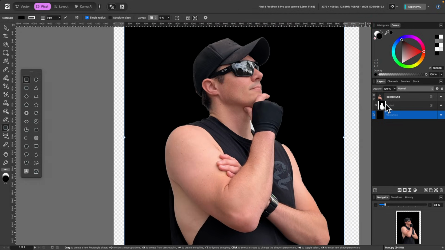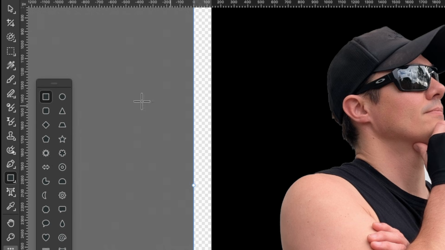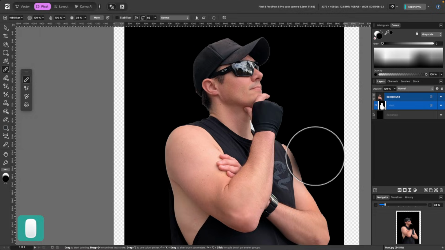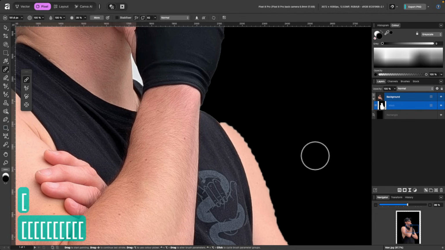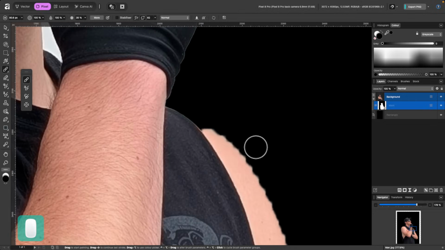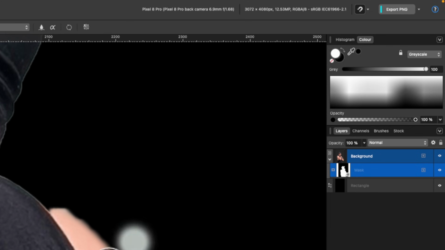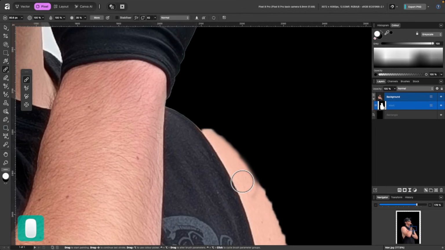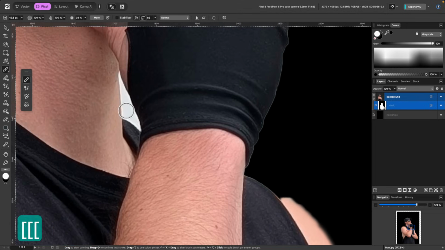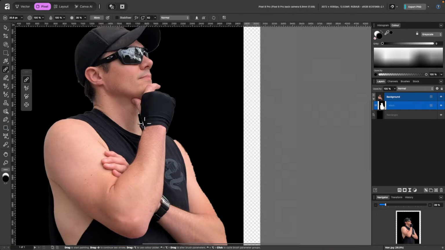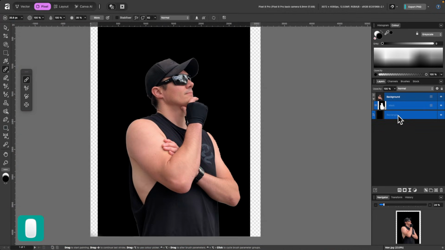So I could, if I wanted to, click on the layer mask again, click back on our paintbrush, and I could zoom in and try and make my brush a little bit smaller. Right now it's kind of soft. Maybe I'd want to make it harder in the context toolbar up there. And I could try to start erasing part of it, but it's a little bit difficult and I could potentially make a mistake like that. So I'd have to switch back to the white brush here and just paint in that to reveal it. So that would be quite painstaking, wouldn't it? Switching between these colors, trying to get it right. Yeah, not great. Okay, let's delete all of that and I'll show you a better way.